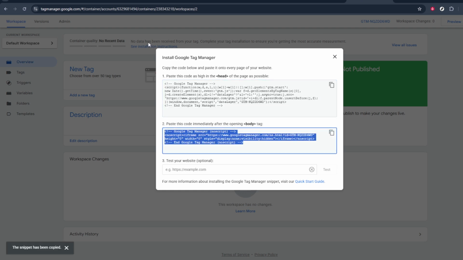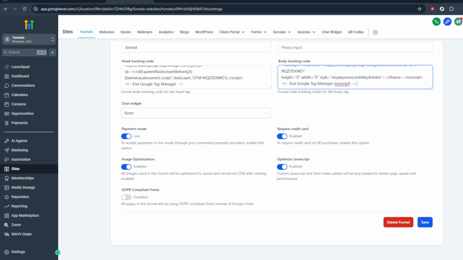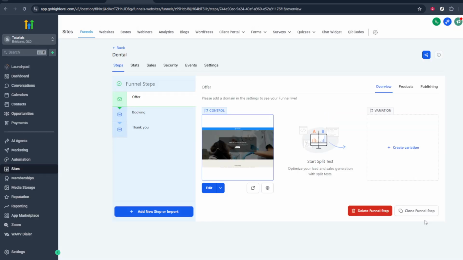Go back to your Google Tag Manager tab and copy the first code snippet, the one meant for the head of the page. Return to Go High Level and paste that into the head tracking code area. Next, copy the second snippet from Google Tag Manager, the one meant to go after the opening body tag. Paste that into the body tracking code area in Go High Level. When both codes are in place,